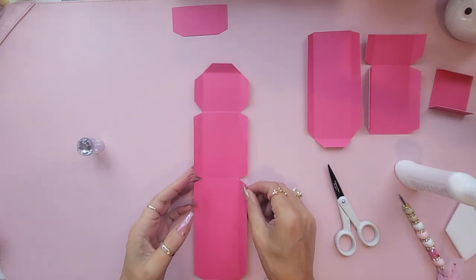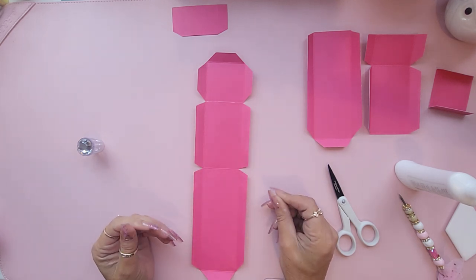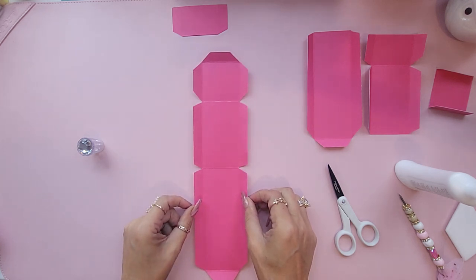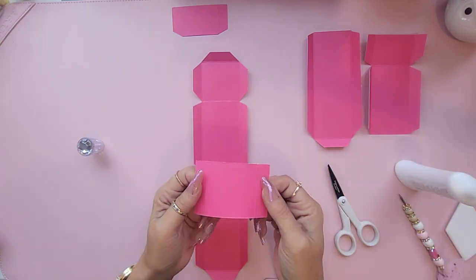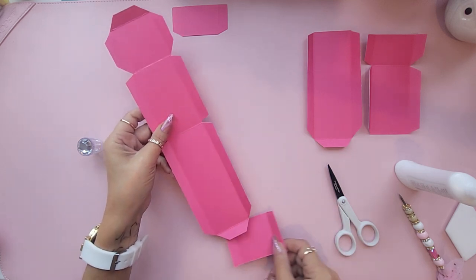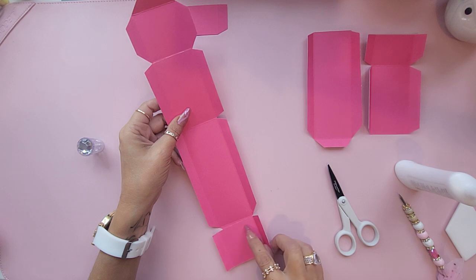Okay, so now you should have it looking like this. So the next thing we are going to do is get the 2 by 3 piece, and add it to the bottom here. All right,